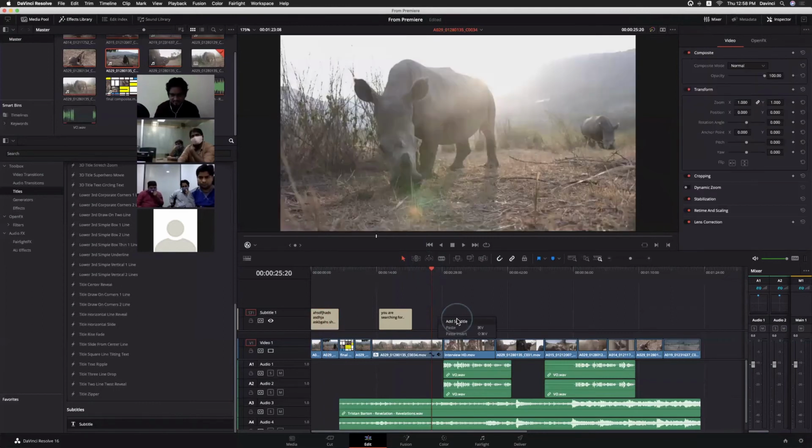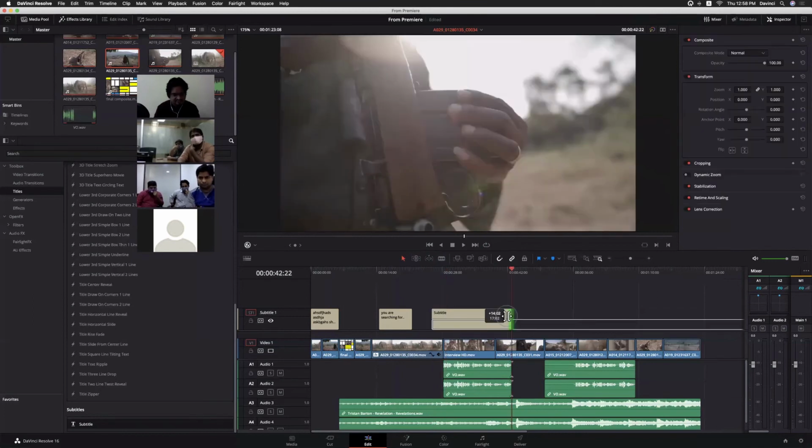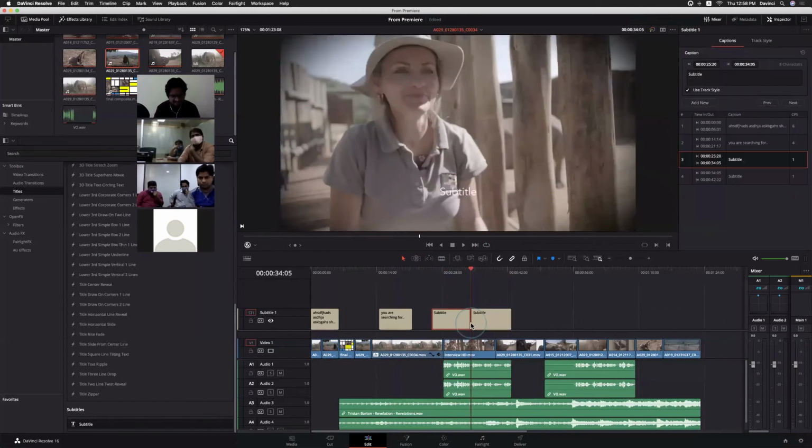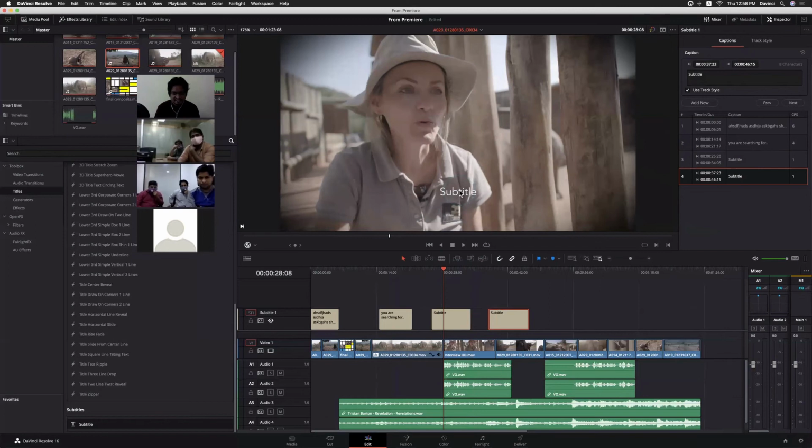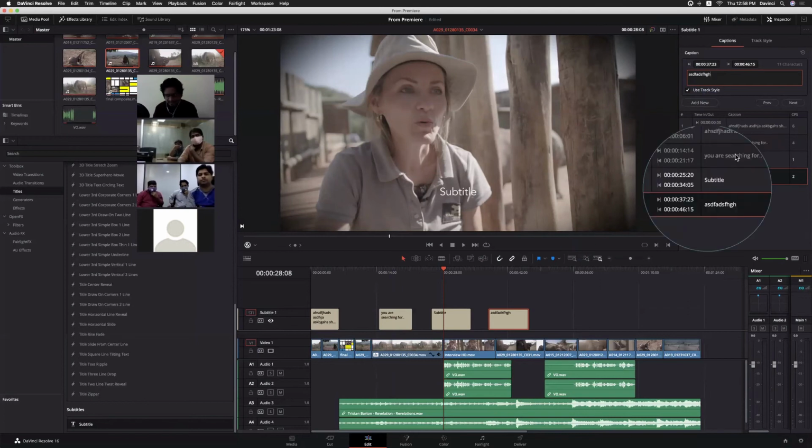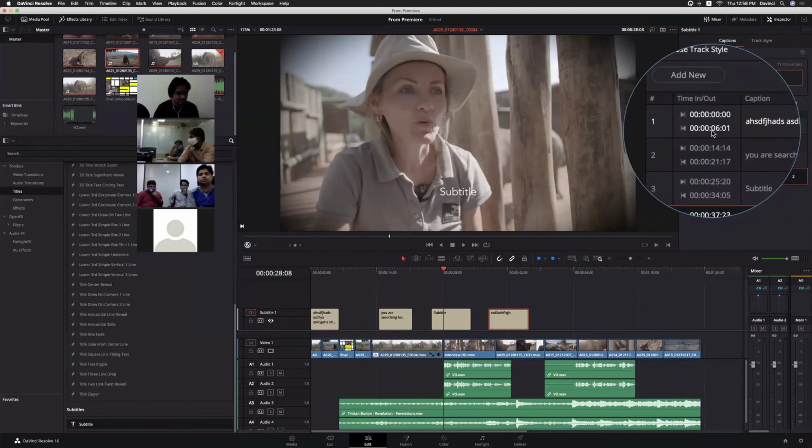So simply add subtitle, and you can always split that subtitle also by using the same tools, Command V and everything. Within the screen also you can type, but it's always better to do it within the inspector window. And here you can see the time code of the position of your subtitles within the timeline.